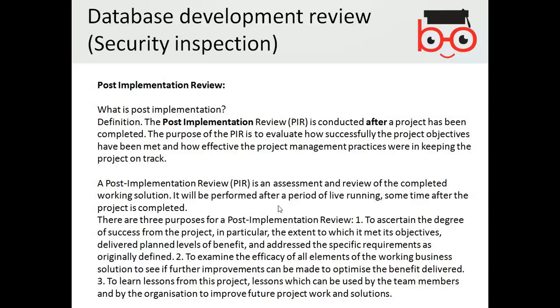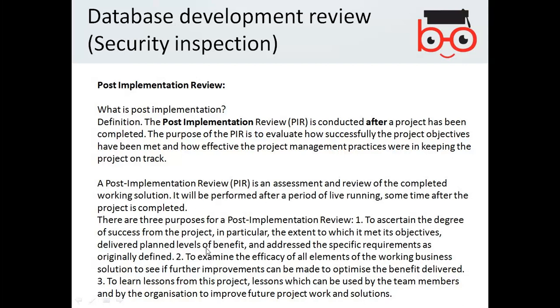There are three purposes of the post implementation review: to ascertain the degree of success from the project, in particular the extent to which it met its objectives, delivered planned levels of benefits, and addressed the specific requirements as originally defined; to examine the efficiency of all elements of the working business solutions, to see if further improvements can be made to optimize the benefits; and overall, to learn lessons from this project, which can be used by team members and the organization to improve future project work and solutions.